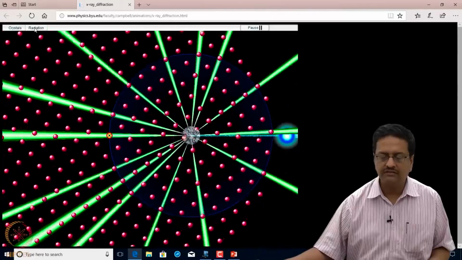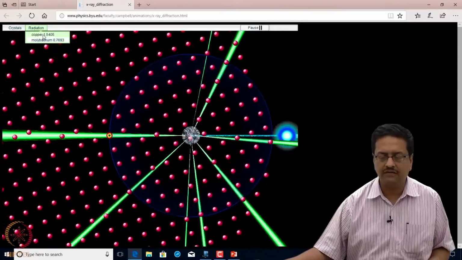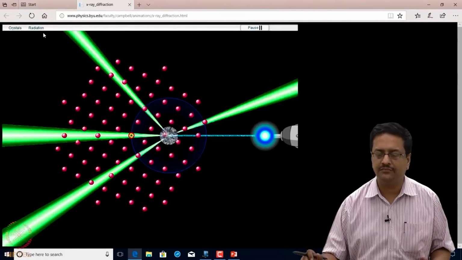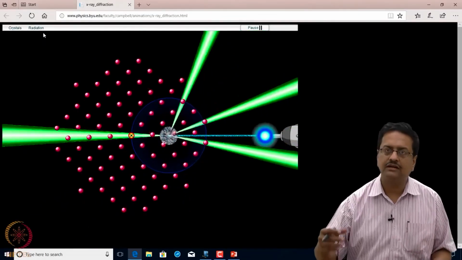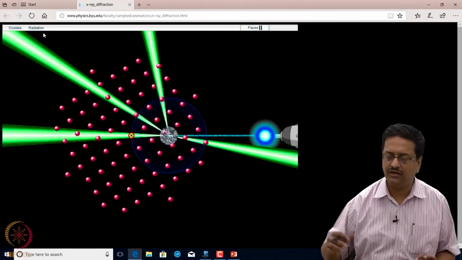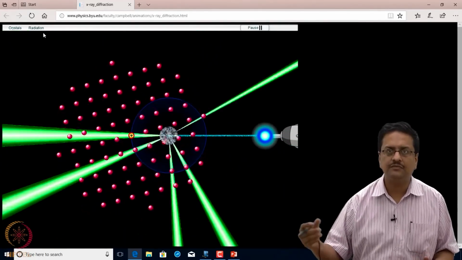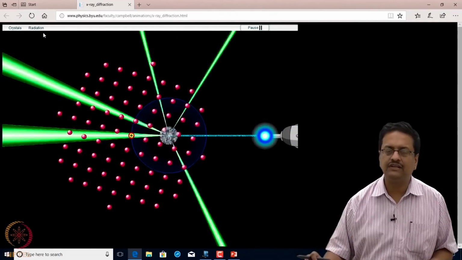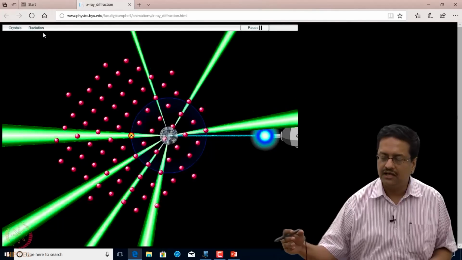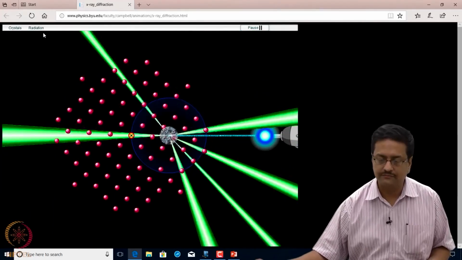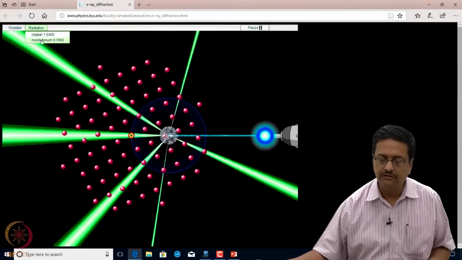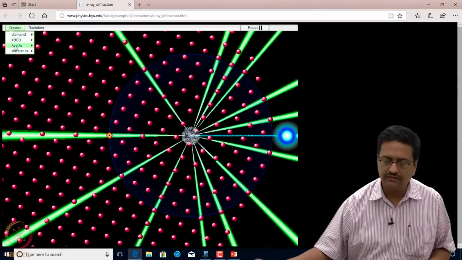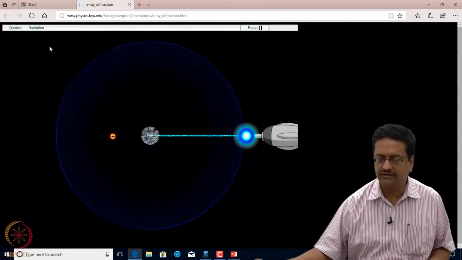So now if we change the radiation from molybdenum to copper, you see that the size of the sphere has become much smaller. So the number of reciprocal lattice points falling within the limiting sphere of diameter 2 by lambda has reduced. So the number of reflections that one can achieve has drastically reduced. If I choose a different lattice, different crystal,